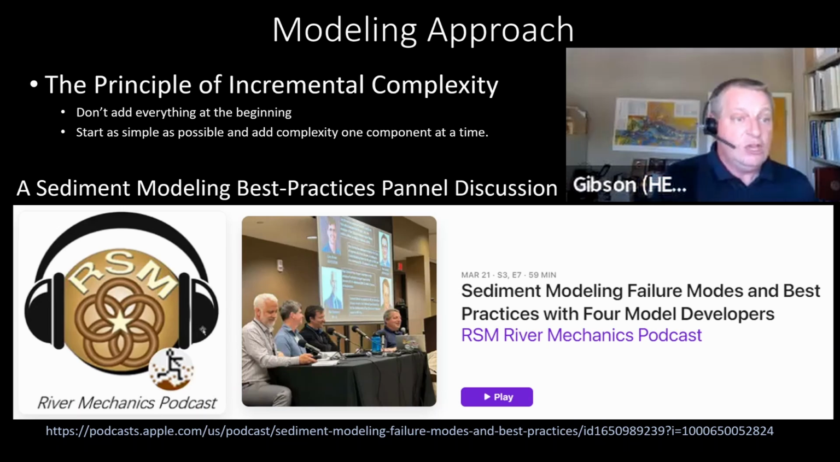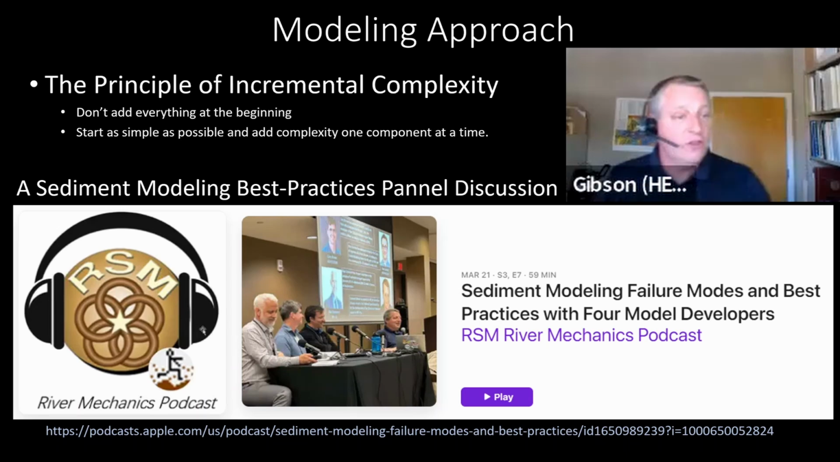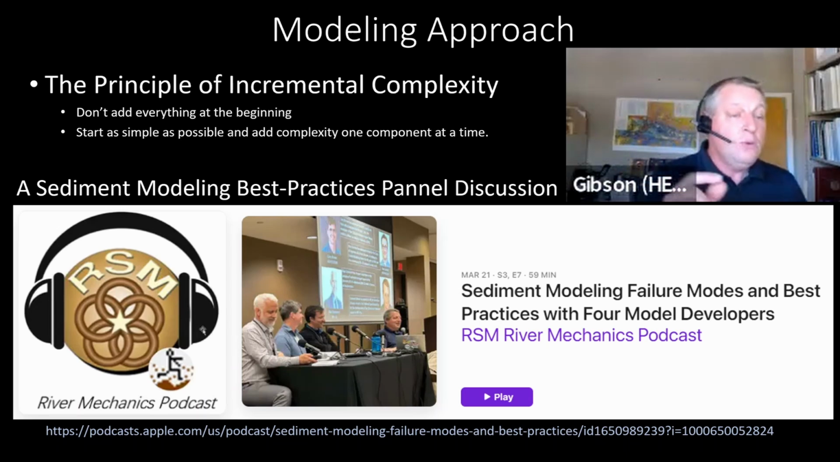And then piece by piece, you add a new piece of data, you add a new piece of complexity. You add your temperature data, you add another grain class, you turn on hiding. You add those things one at a time and evaluate them one at a time. First of all, you're evaluating the sensitivity of each of those as you add them. But if your model has a problem after you add one thing, you actually know what caused the problem. If you put everything in your model first and then run, you don't have a candidate